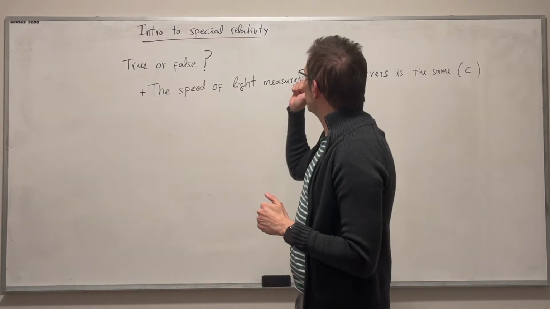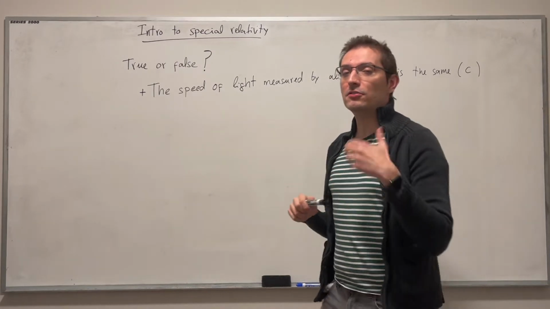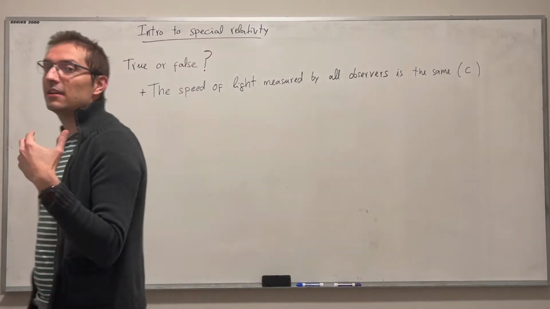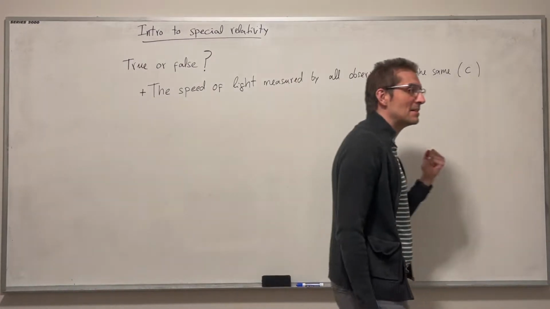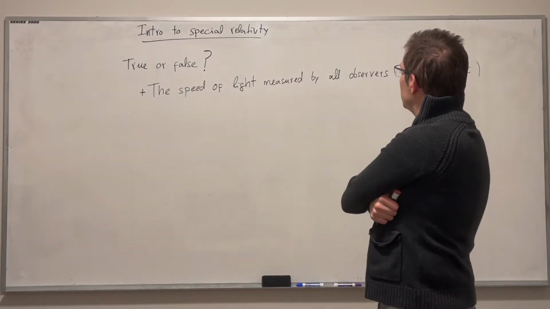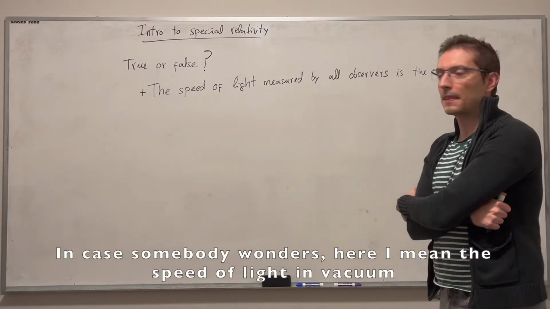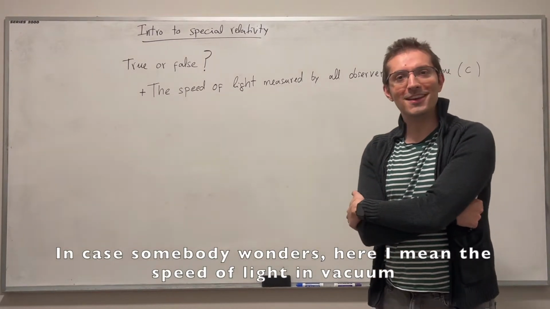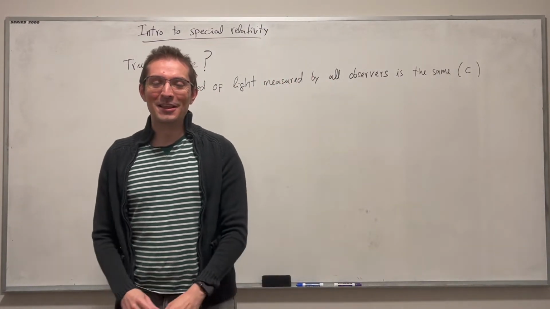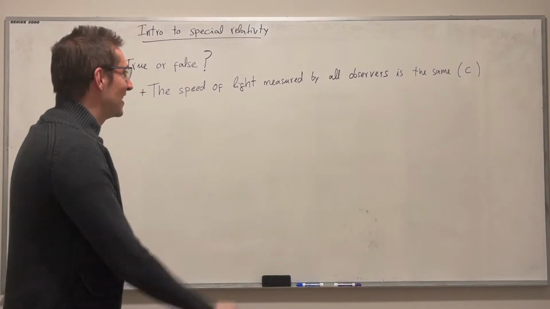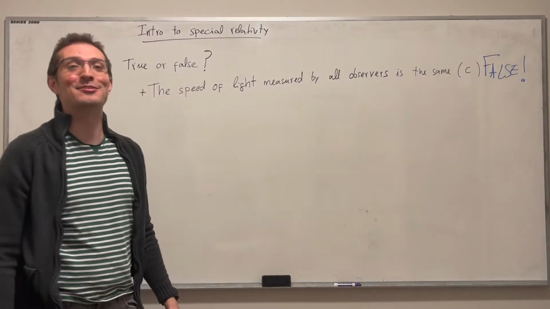So first of all, I have here a phrase, a sentence, a statement, and I want you to think about it, whether you think it's true or false, based on the knowledge of special relativity you've seen in the past. Now, I wrote here, the speed of light measured by all observers is the same, and then equal to c. What do you think? Is that true or false? Cast your votes. Well, let's see what the reveal is. And it is false. This statement is not true.